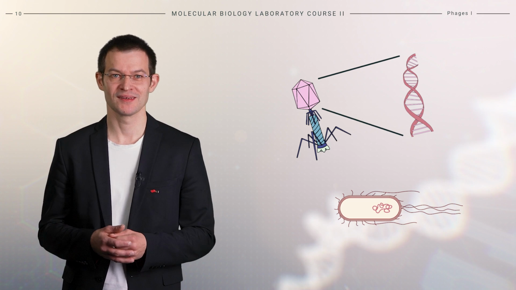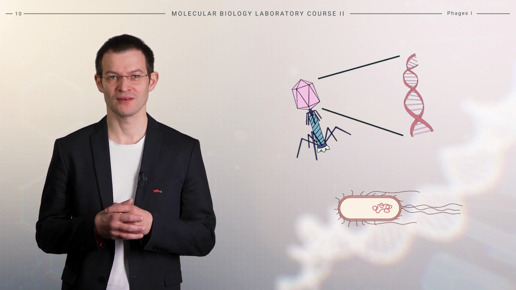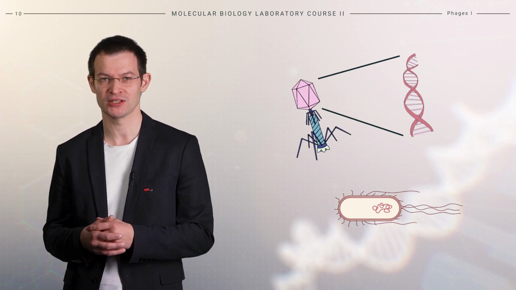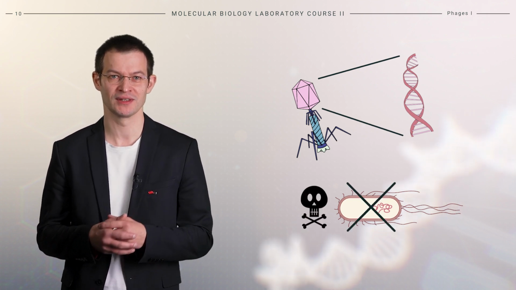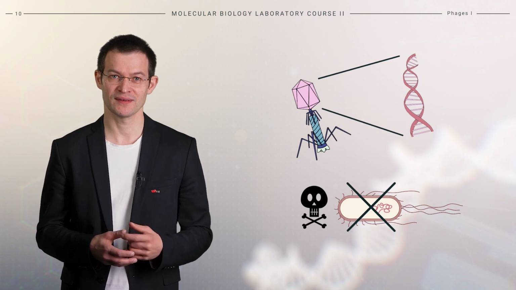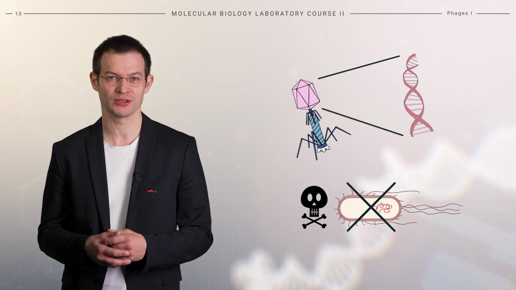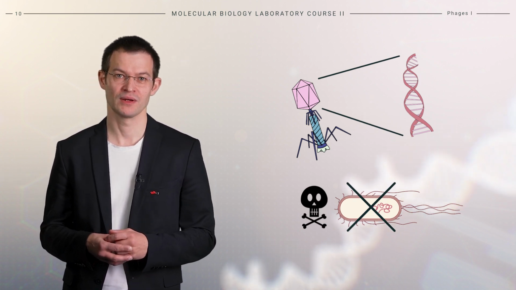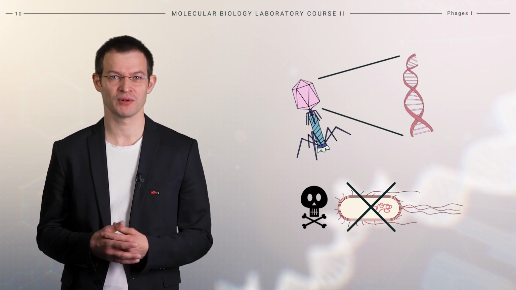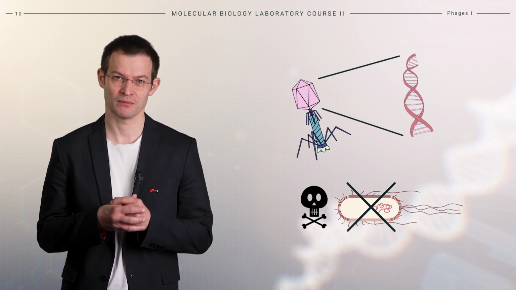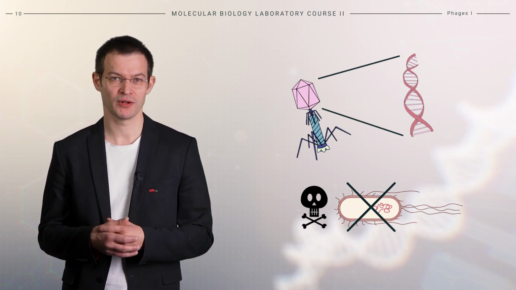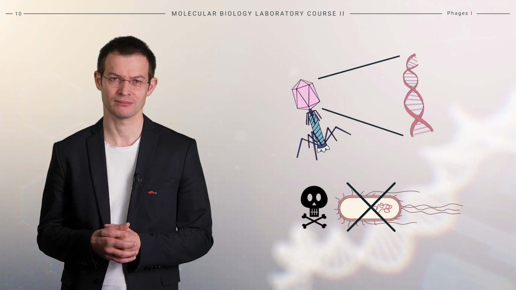For example, a single milliliter of seawater contains between 10 and 100 million phages, which kill about 20% of the microorganisms in the ocean every day. That is why they rank among the deadliest biological entities in the world. However, the interplay between bacteria and bacteriophages also regulates these ecosystems. As a result, bacterial populations remain balanced.